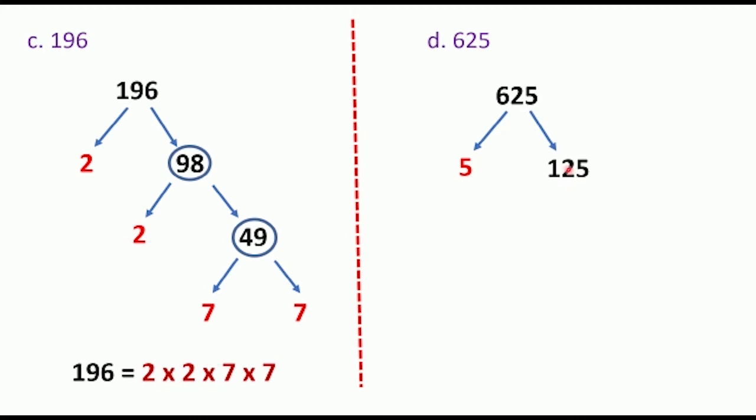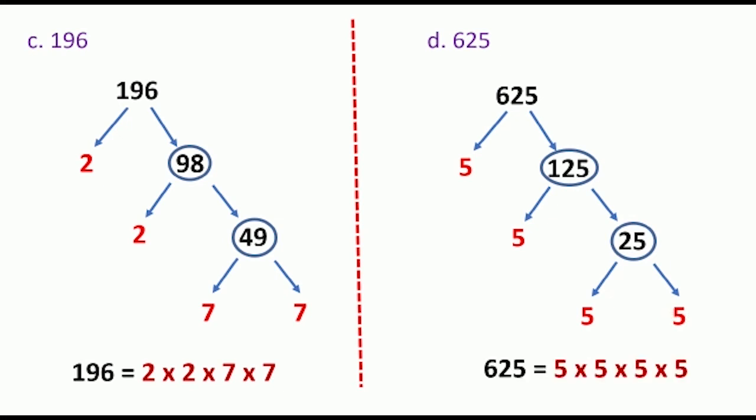This 125 again cannot be divided by 2 or 3. This will be divided only by 5. So write again here 5. 5 25s are 125. Okay, when you divide this 125 by 5, you will get 25. So write here 25. This 25 will again be divided by 5. So write 5 here, and when this 25 is divided by 5, you will get 5. So write 5 here also. Okay, so the prime factorization of 625 will be 5 into 5 into 5 into 5.